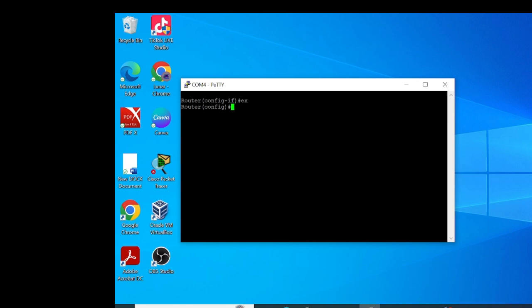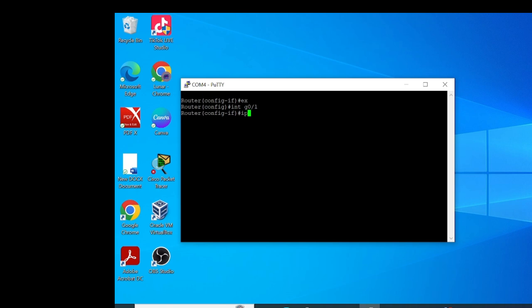Here, exit the current configuration first, and then enter the configuration as shown on the screen. Enter the interface, which depends on what is indicated on the cable.